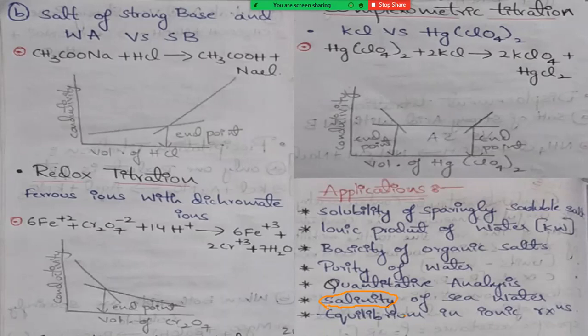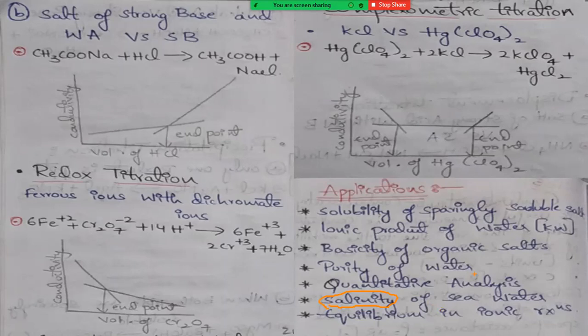And the next one is equilibrium in ionic reactions, right? Here conductometry is also useful for checking whether the reaction is reaching equilibrium or not. How can we identify it? Before equilibrium, the solution produces different conductivity values. After reaching equilibrium, the solution gives different conductivity values. It is not similar; there will be some differences. That can be easily identified by conductometric titrations by observing the conductivity values in the graph, right? So these are the applications of conductometry.